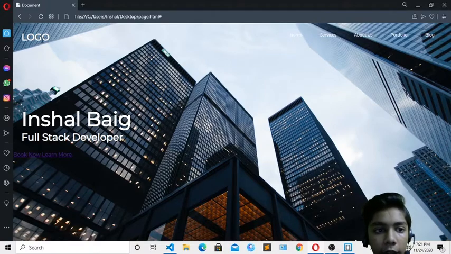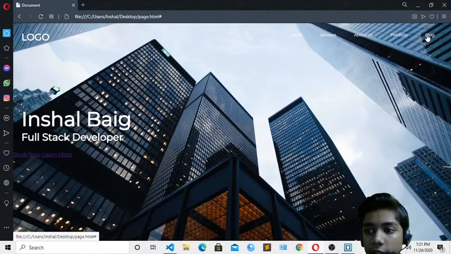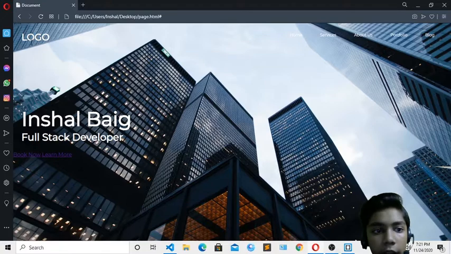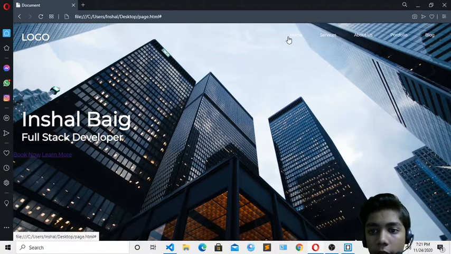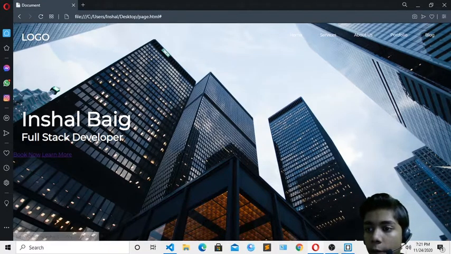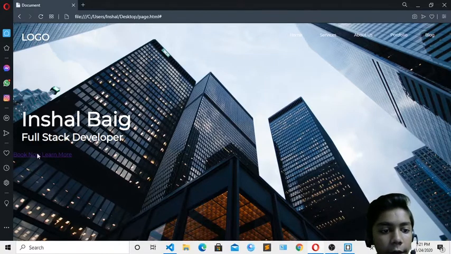It has the padding till over here, and now it is just targeting this. Over here you can see now it is in inline: logo and home, services, about us, portfolio, and blog. Now it is cool. Just here we have to design this button. So for doing that I will just minimize that over here.